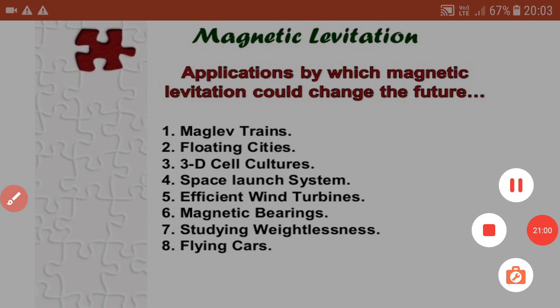So this is all about magnetic levitation and its applications. The most powerful application of this is the magnetic levitation train or maglev train, and its speed is very high. It is known as ultra high speed, up to 300 km per hour. So this is all about the principle of magnetic levitation. Thank you.